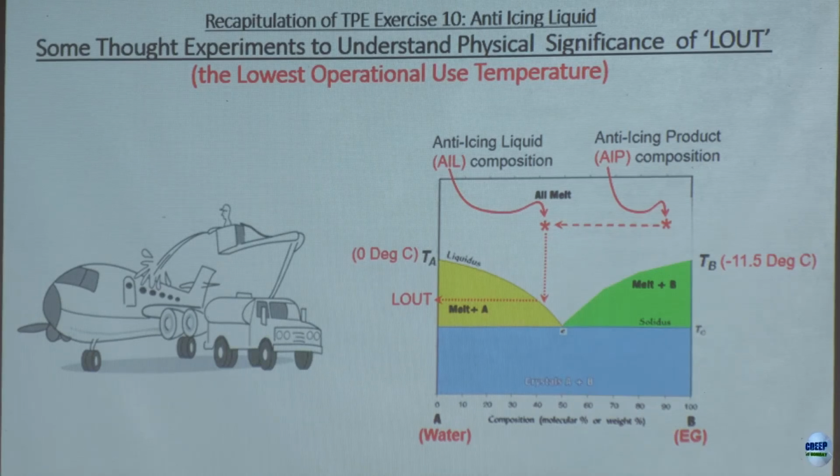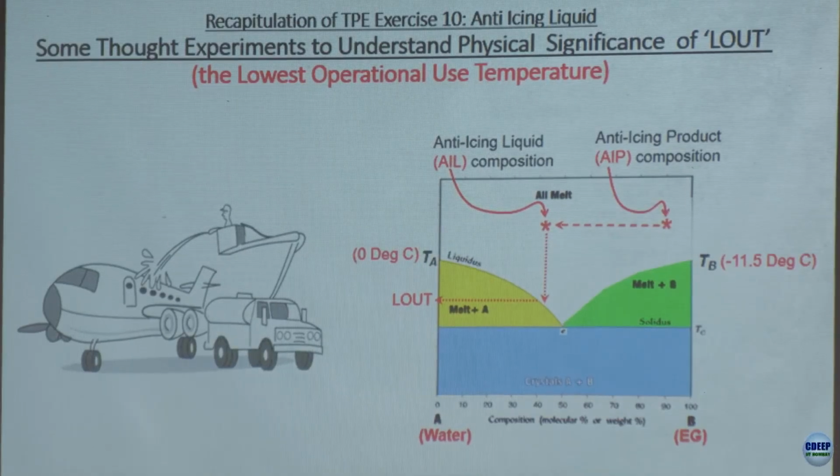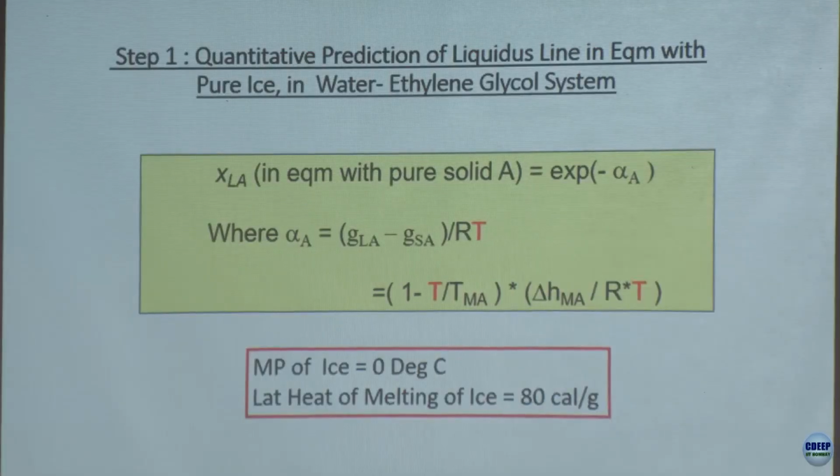We had a doubt, why not go below this temperature also, because you are still going to have the liquid here and it may be effective. So we are going to carry out a very small thought experiment to find out how this material is going to be effective at different ambient operating temperatures. For which we will first require the liquidus line of the molten liquid in equilibrium with ice or snow,